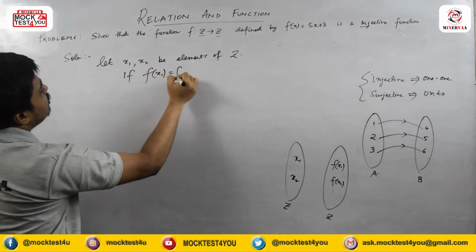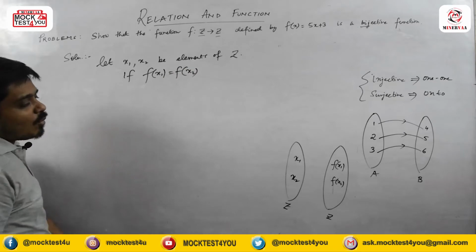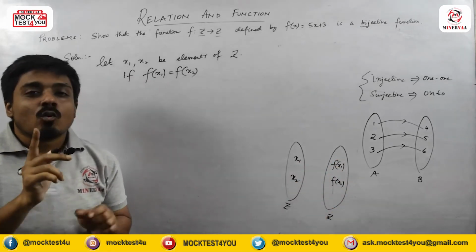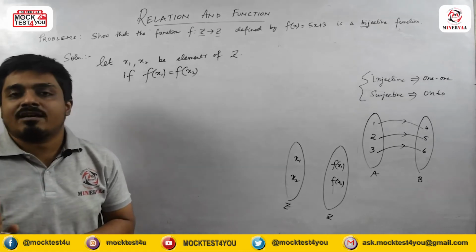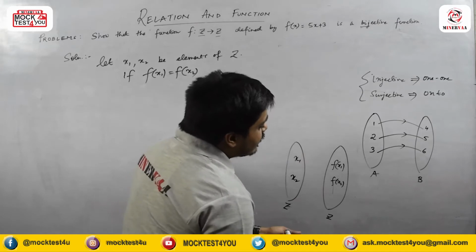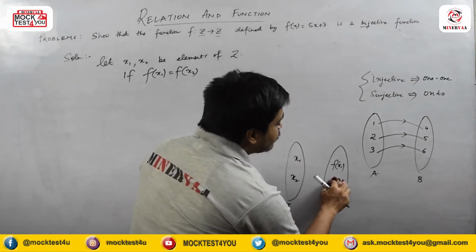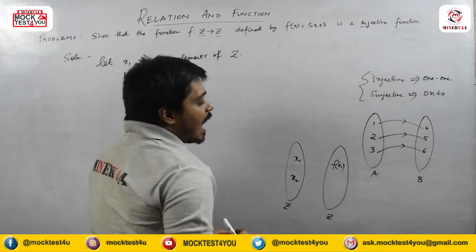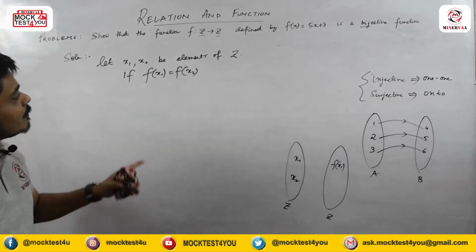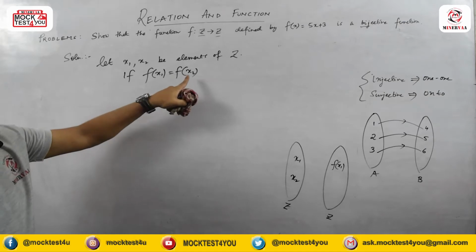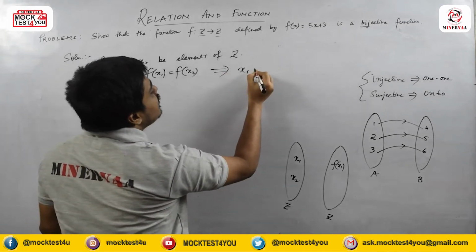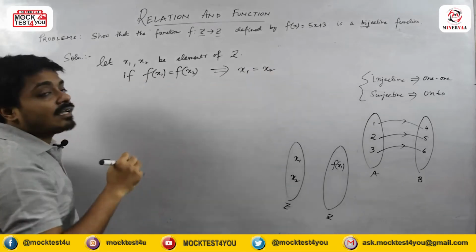So I am saying these two are equal. Now listen very carefully. In a set, we cannot have two equal elements, right? So if these two are equal, I have to erase the other one, right? Now listen very carefully. If f(x1) is equal to f(x2) implies that x1 is equal to x2, then we can